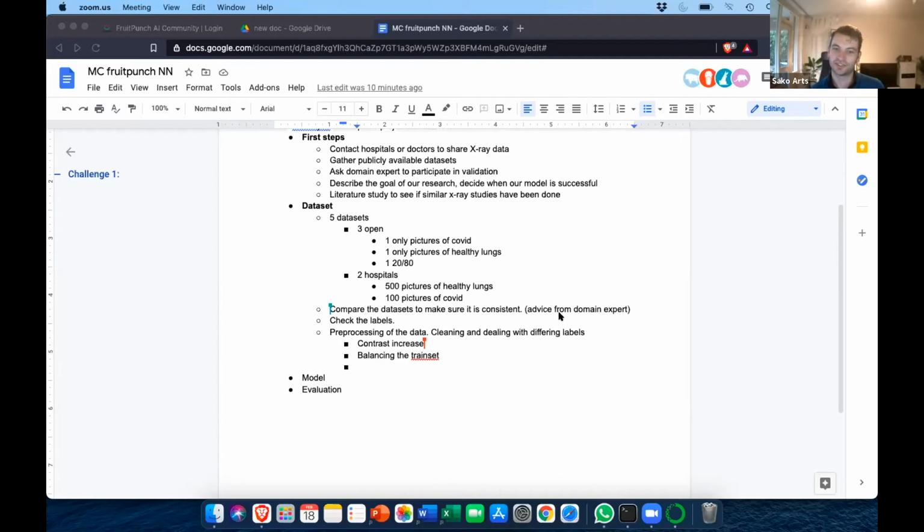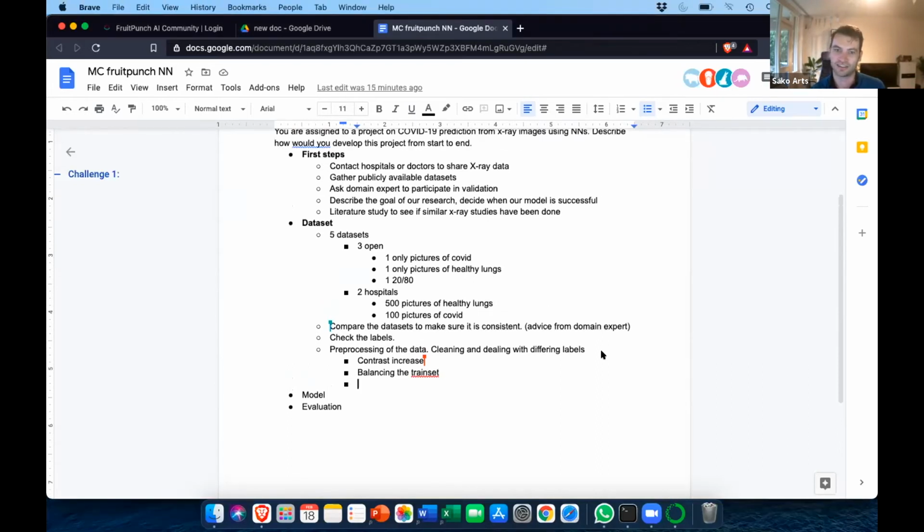It's of course useful to be very skeptical here, right? And ask the hospital, how do you know that these are healthy? So validate this assumption. I guess that would be a nice step in the preparation. But for now, there are many ways, of course, to get photos of healthy lungs, right? Just asking people to come over. Indeed, there are many different conditions for which they check this X-ray to see if you have a lung condition of any sort, and it appears that you don't. So there are many ways to collect such a data set. For now, we just assumed this is the division of different data sets that we got from our research in the first steps.